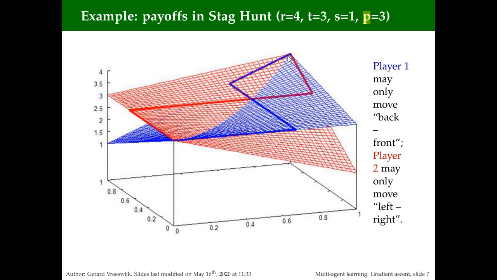So this is a stable and pure Nash equilibrium here. And also here, the row player, the player with the red payoff surface, wants to move to the left, and the column player, who is able to move from front to back, will move to the front with the blue surface, and we have the other equilibrium